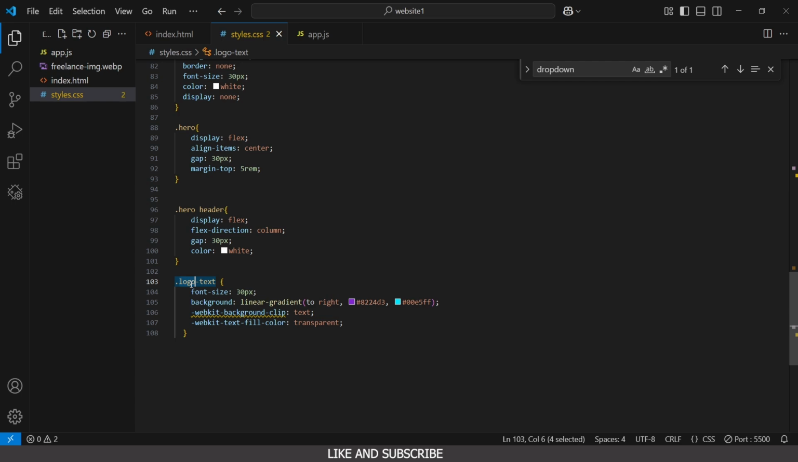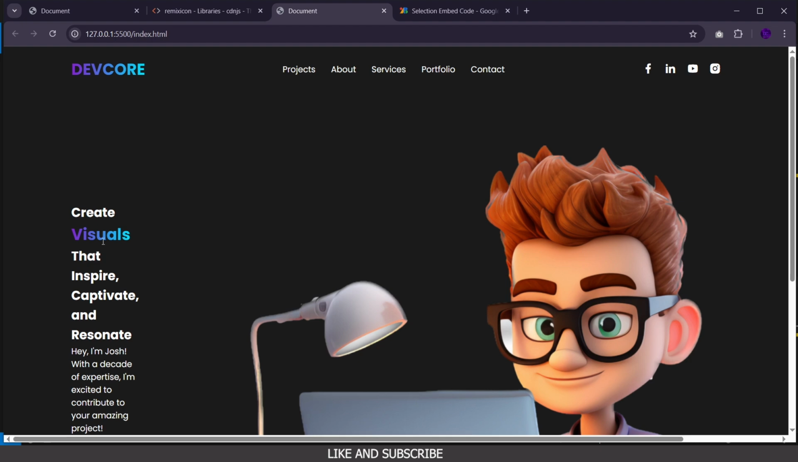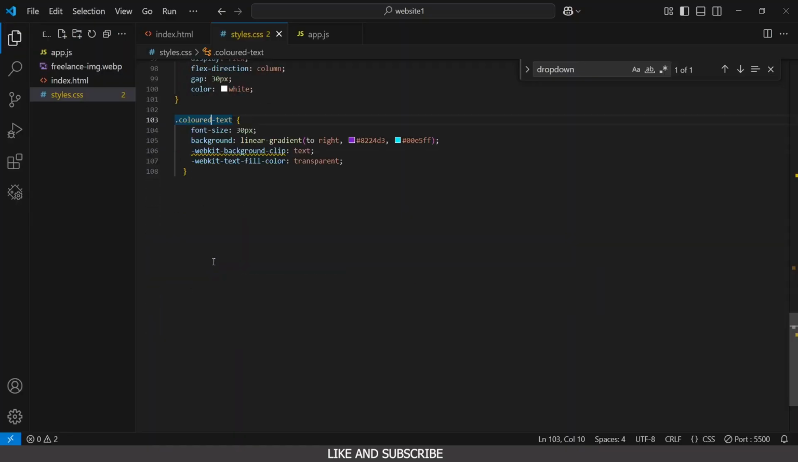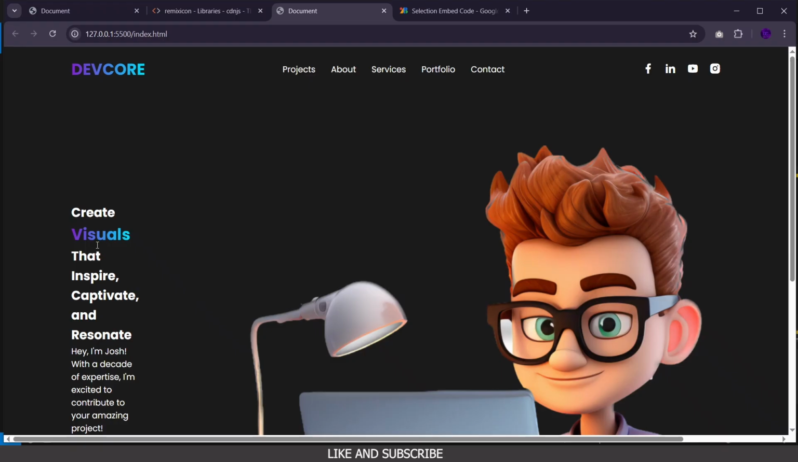So all you have to do here is change this logo to colored, and that should do it. Let's see. That's it right there. As you can see, the color text is just like what we want. So what we're going to do next is start the hero head text, which is this text right here,